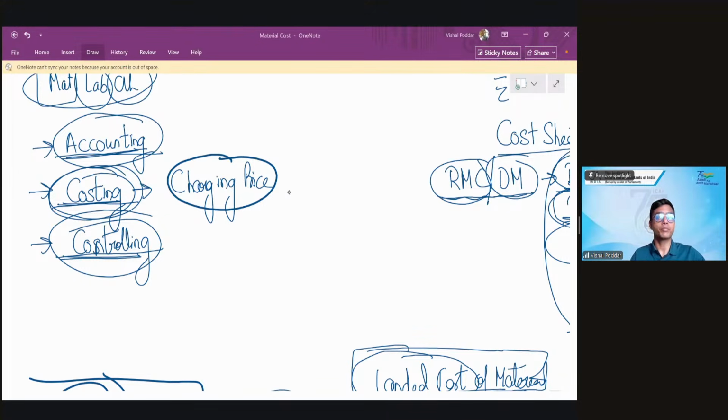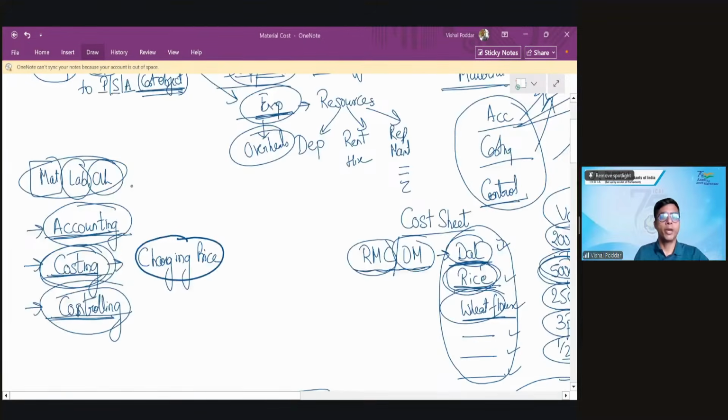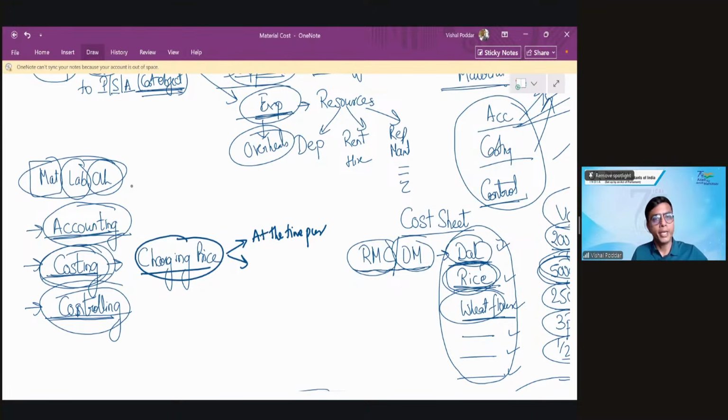Perfect. Understood, students? So for doing costing, you have to find out the charging price. This charging price you find out twice. First, at the time of purchase, using the formula which we studied and solved the sum. And then whatever price you find out at the time of purchase, you may have multiple purchases, you may have opening stock, so you may have multiple prices. So when you are finally issuing it,